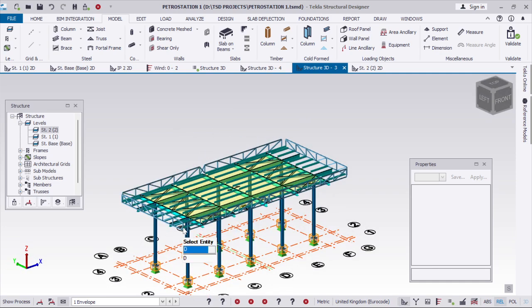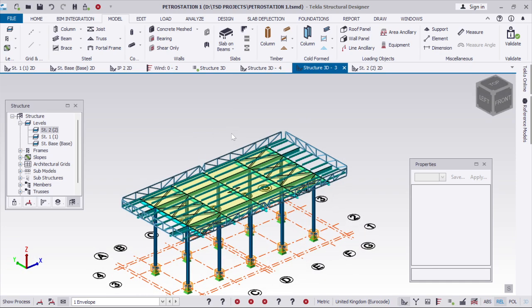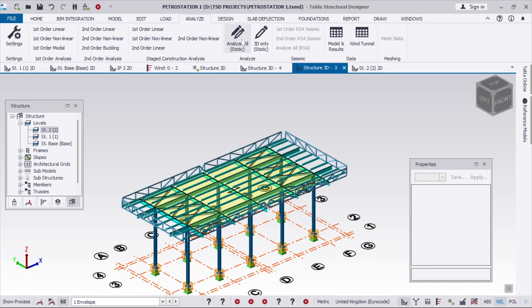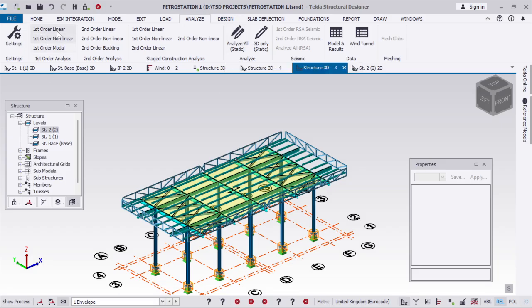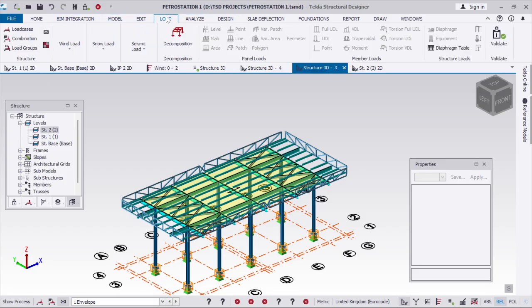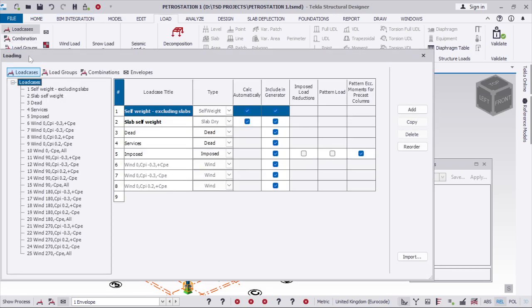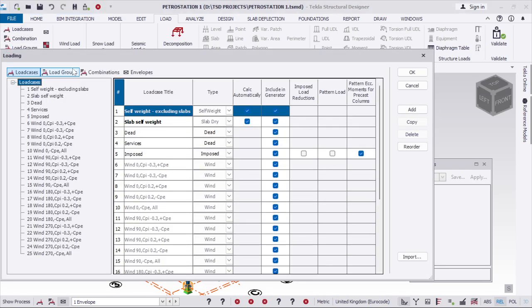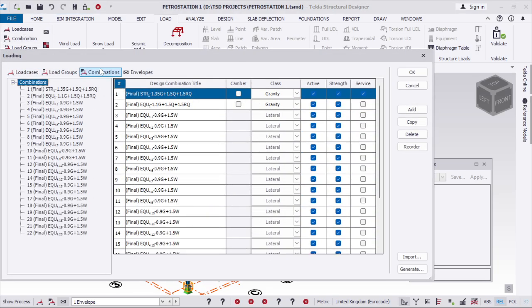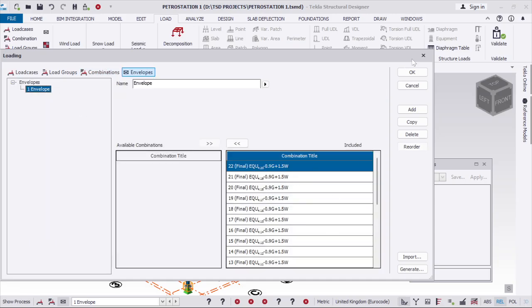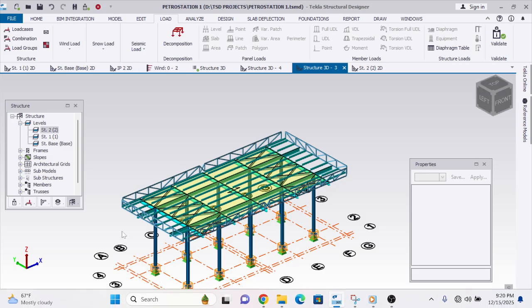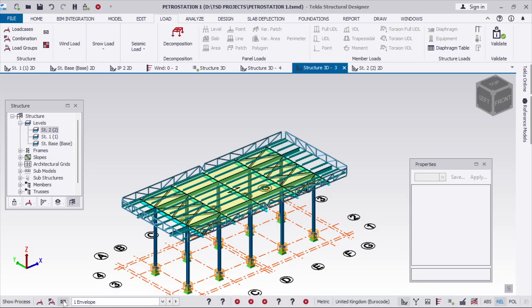And of course, when you are running the analysis, you do make sure you have defined all your loads like this. You can see the loads, load combinations, you can see them. The envelope is here for all the load combinations. So when you are running your analysis, make sure you are using this option for the envelope here, and you choose it. Then you just come here and